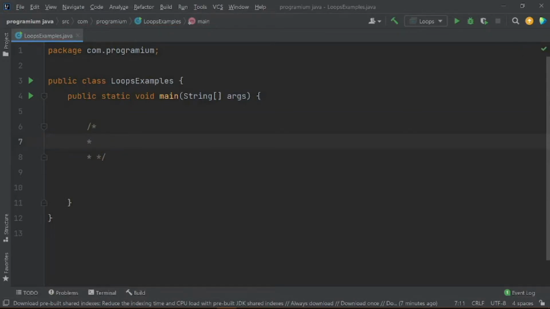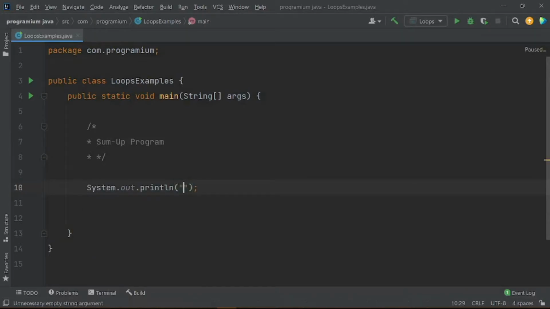So guys, what we are going to do right now, we will ask the user to enter a number, and after the user has entered that number, we will simply show the user the sum of numbers up to that number entered by the user. So I am writing here sum up program. For this, first let us tell the user,